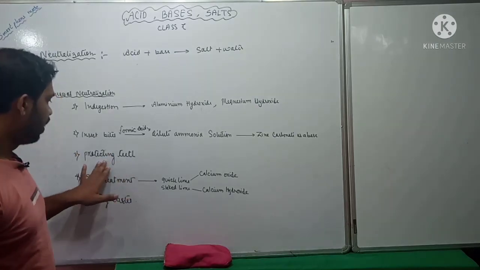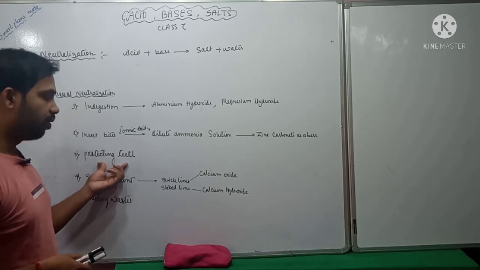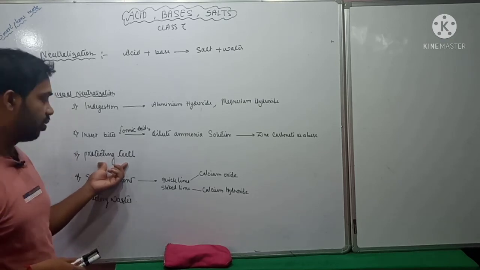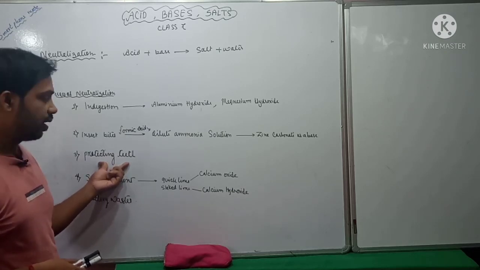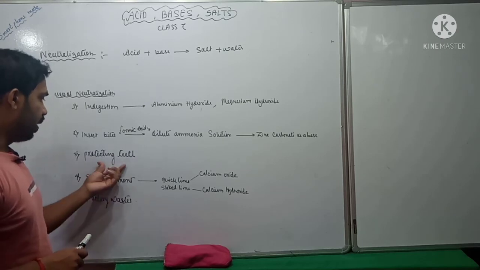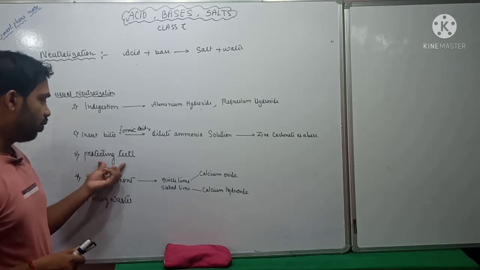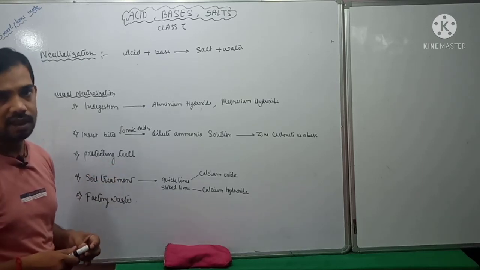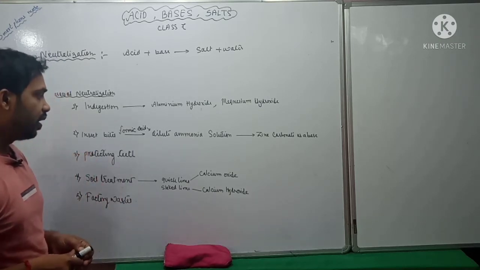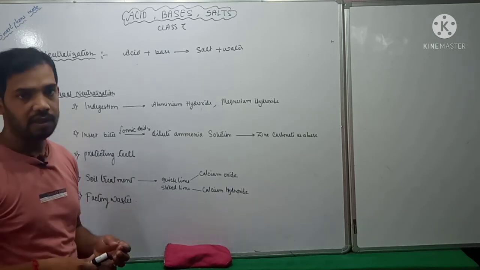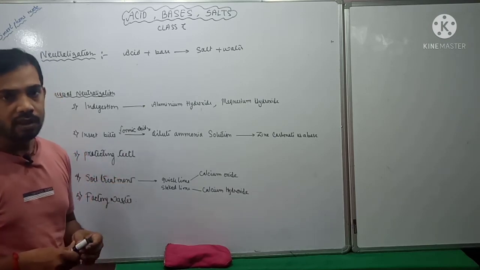Protecting teeth. In our mouth there are bacteria. If we eat food, they feed on it and create acid in our mouth. As a result, tooth decay starts, which damages our teeth. To get rid of this, we use toothpaste. What is the use of toothpaste? Toothpastes are slightly alkaline or slightly basic. When we use an alkaline solution, it neutralizes the acid formed in our teeth, and as a result we get relief from tooth decay.